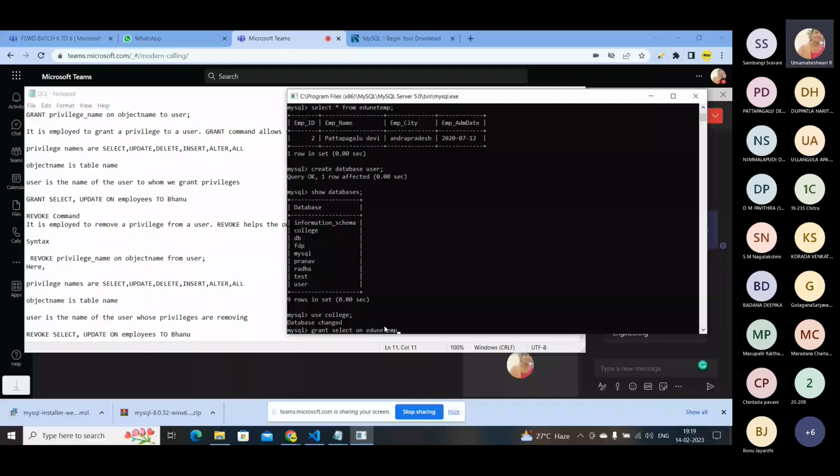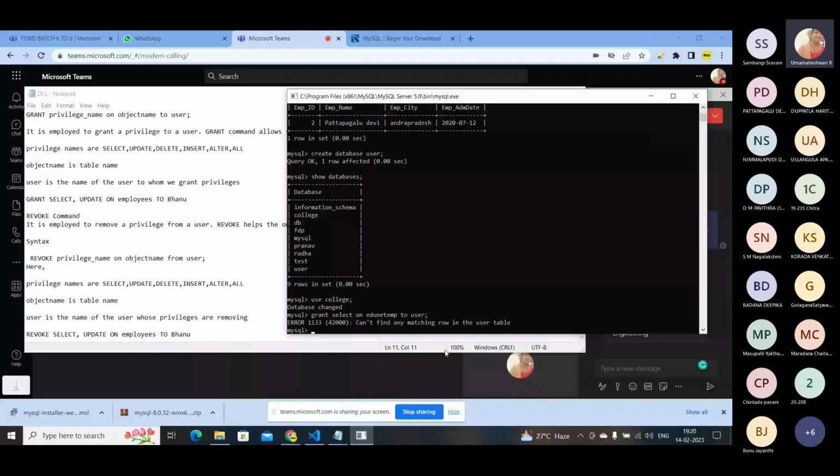So this is the table name, to the user. So to which user are you going to give, to whom are you going to grant? That name you need to mention. Sorry. So first, going to give it to